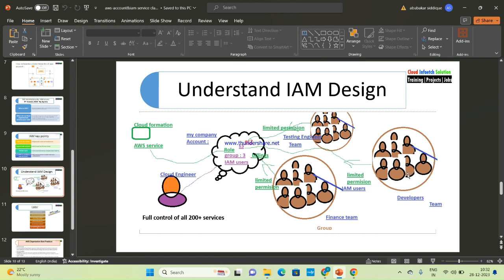Now they want to use an AWS account. They want to use some service of AWS. For that, they need an account. So can everyone use only one account of the company? It will be a mess, right? If everyone uses the same account,